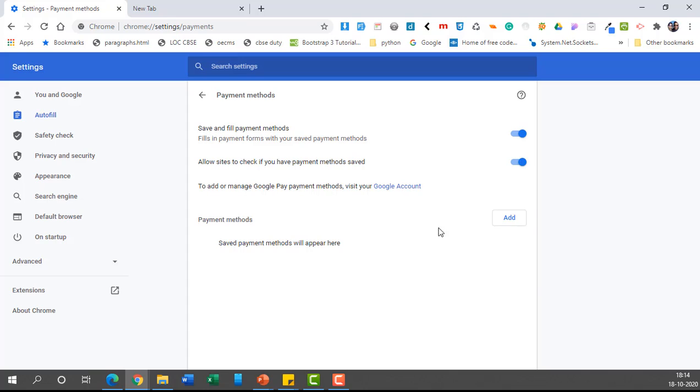And if you want to add some methods, you can simply click on add, and this will add a method so that it can be utilized. This is a very handy feature if you are using your personal computer, but these settings should be kept off for a publicly used system. Right, now the next is